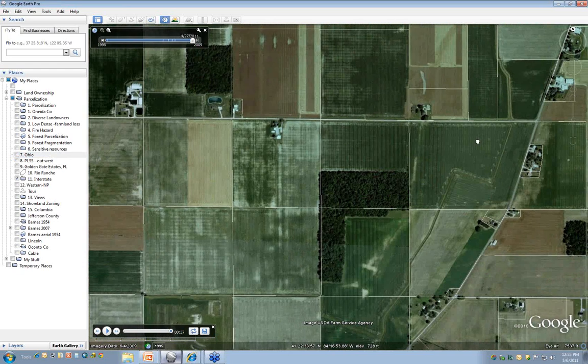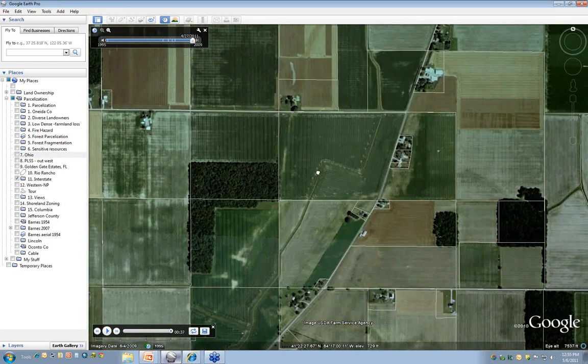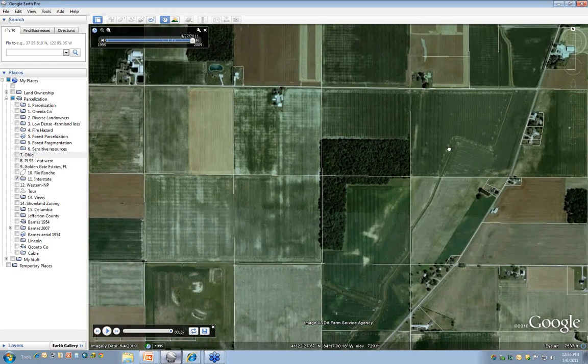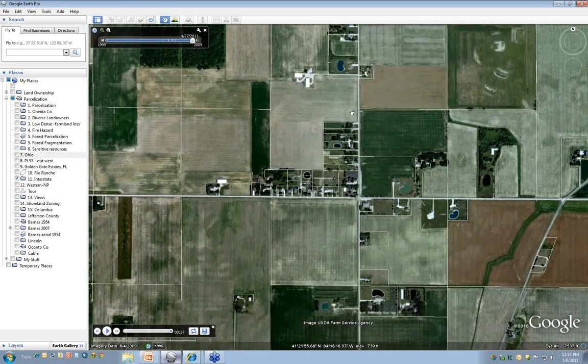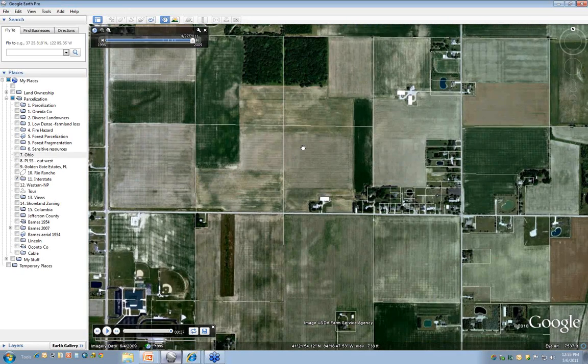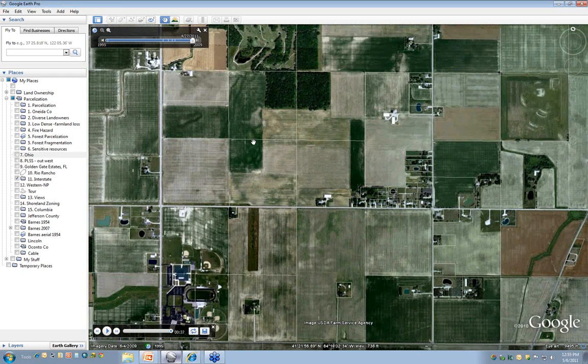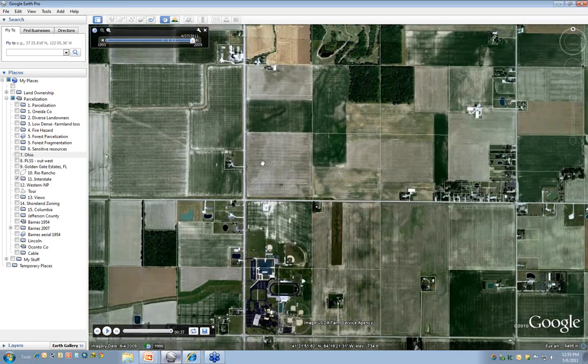roads every mile, and parcel boundaries that don't necessarily conform to the landscape, the drainage system, the drainage pattern. So when trying to implement runoff management plans or stormwater or something like that, it becomes very challenging when you've got many different landowners with arbitrary parcel lines that don't really conform to the natural landscape.